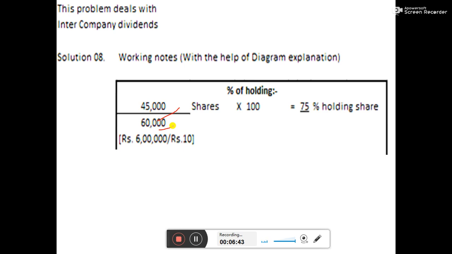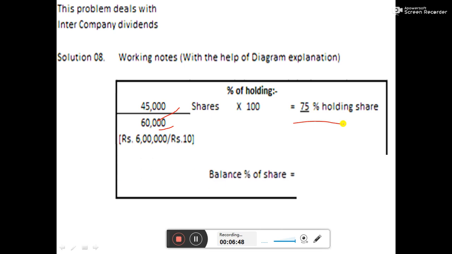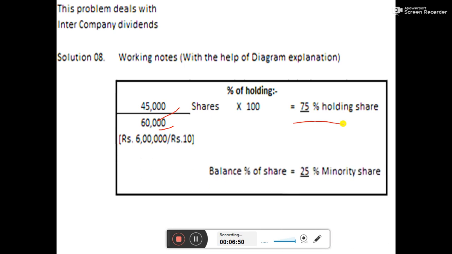The amount will be 75% will be the holding share, and the remaining balance will be 25%. That will be called as minority interest. If we see, this is partial holding. Whenever there is a partial holding, there will be calculation of minority interest. Once you have understood the holding, we will start with